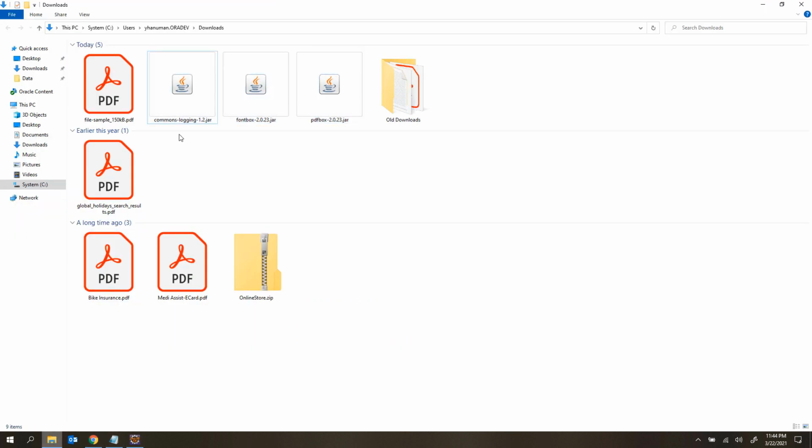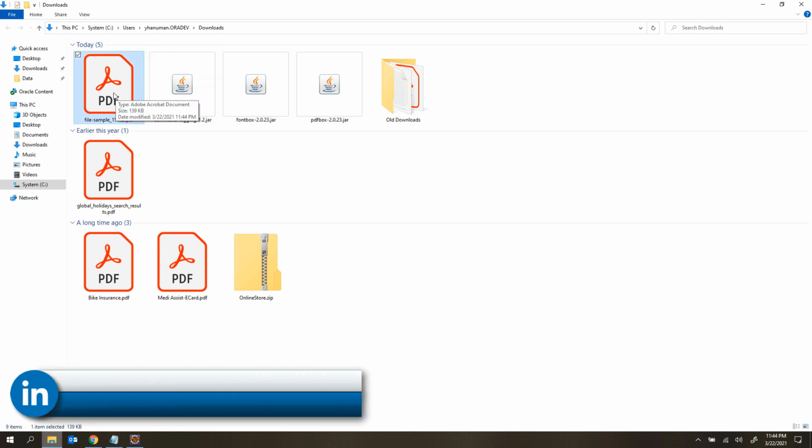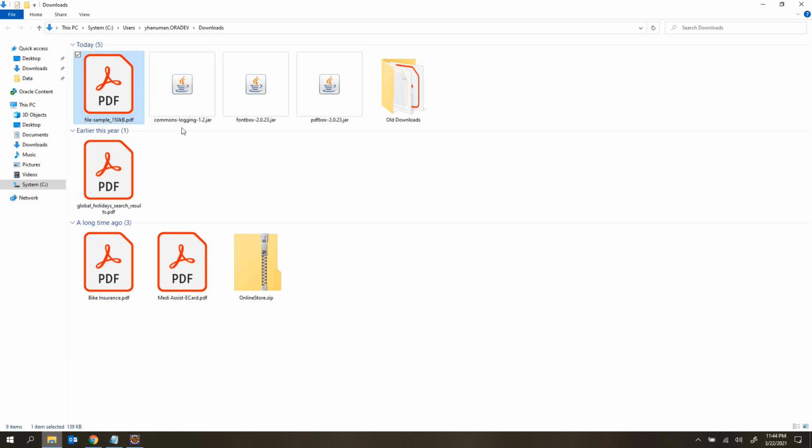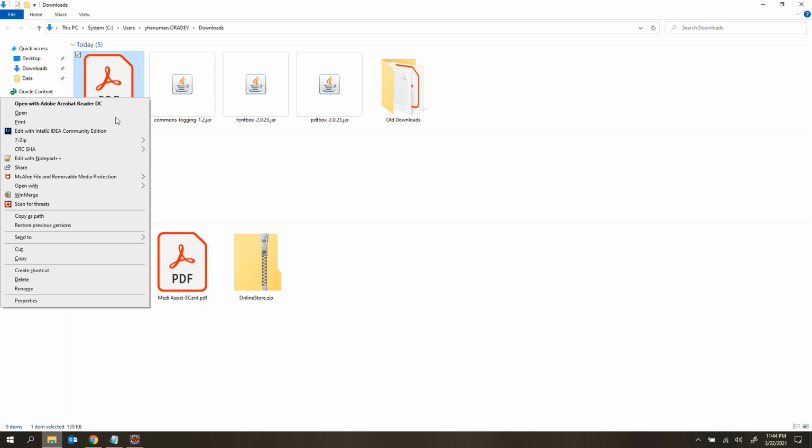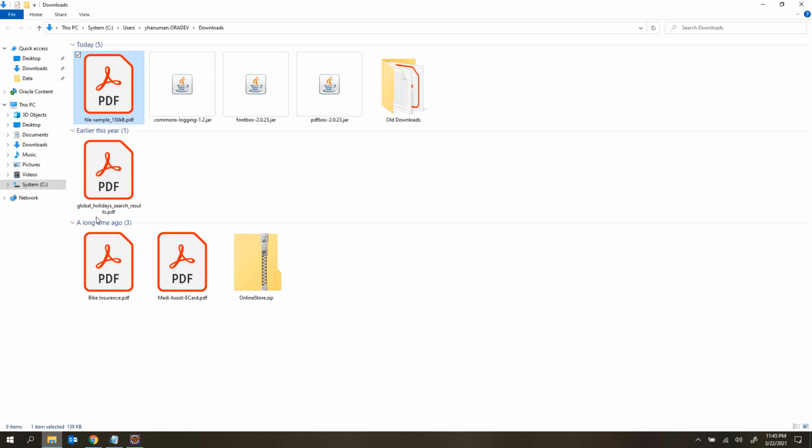So now what exactly do I want to do? I need to read this file. For reading this one, we need to get the path of this file, right? So how do you get the path? You can just get the path of this one and append this one or something. Or you can directly press Shift, first select the file, then press Shift and right click on the file. Here you can see the copy as path option is coming, right? You need to press Shift and at the same time right click with the mouse. Then you will get that option, guys.